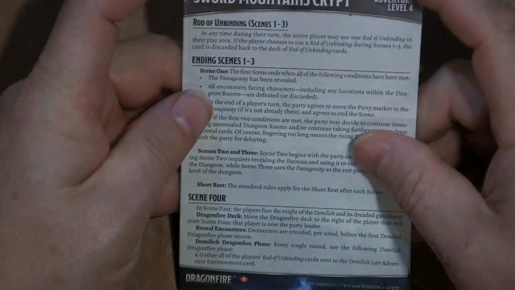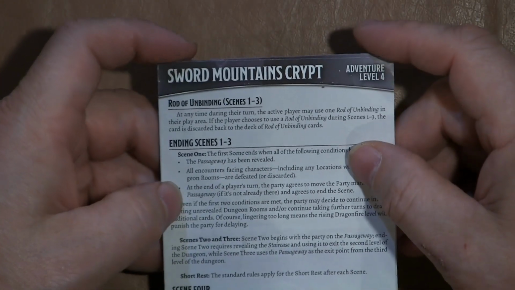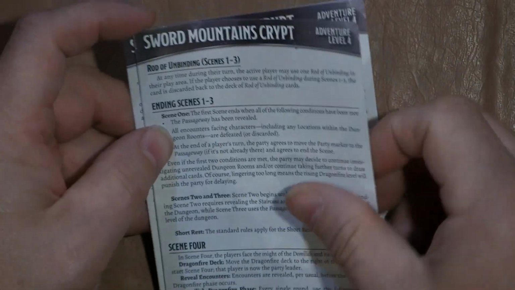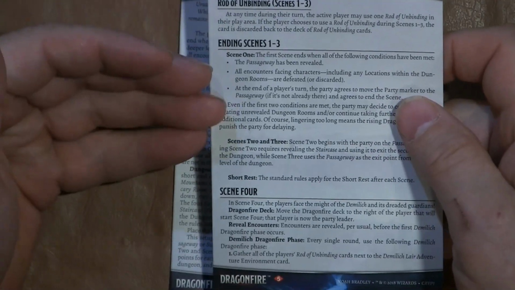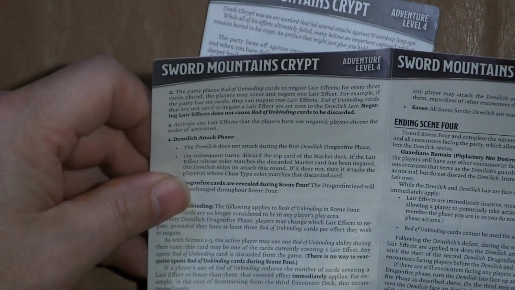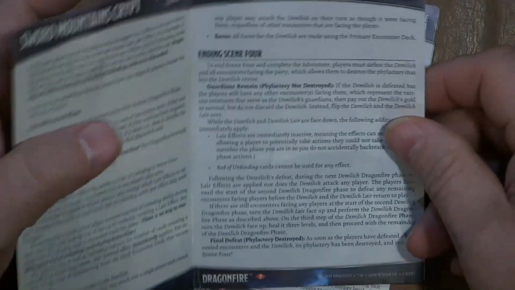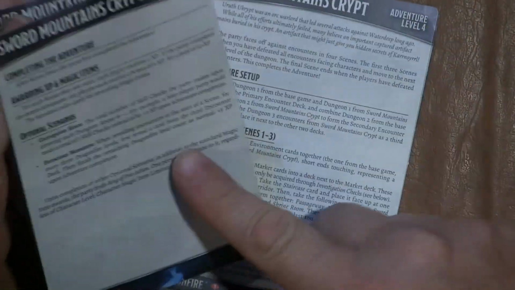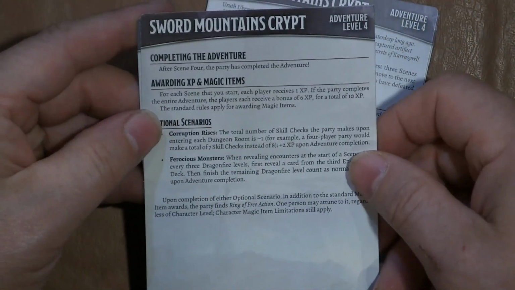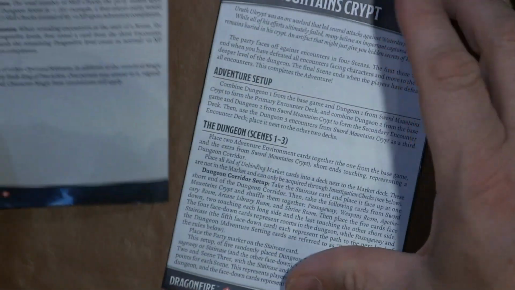Then we have the different adventures. We have Sword Mountains Crypt, which is in adventure level 4. And of course, like all the adventures, you have the different scenes. Scene 4, you have the extra background material, stuff about the rods binding, and ending scene 4. And on the back, you have completing the adventure and 2 possible optional scenarios. And then we have,